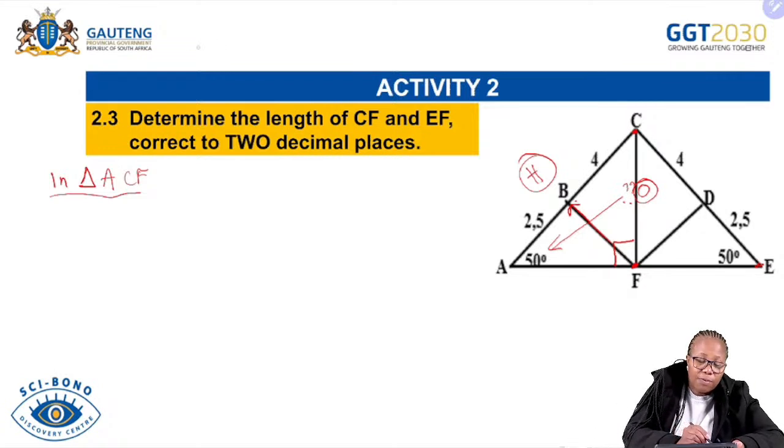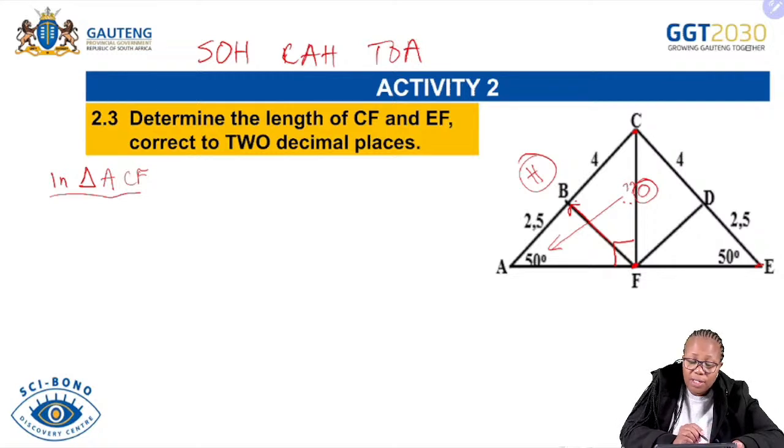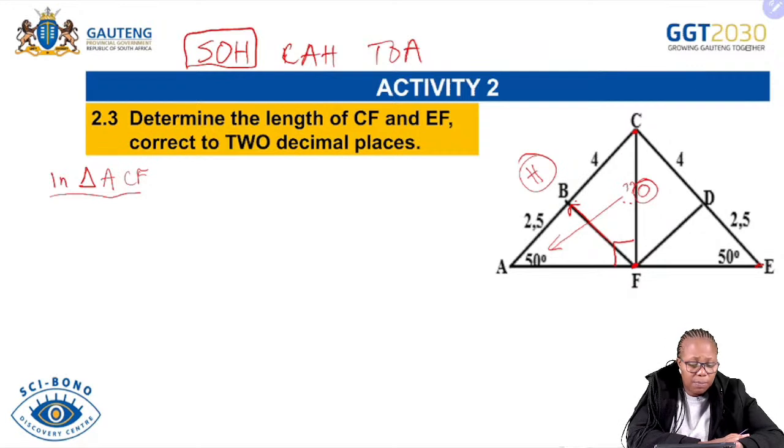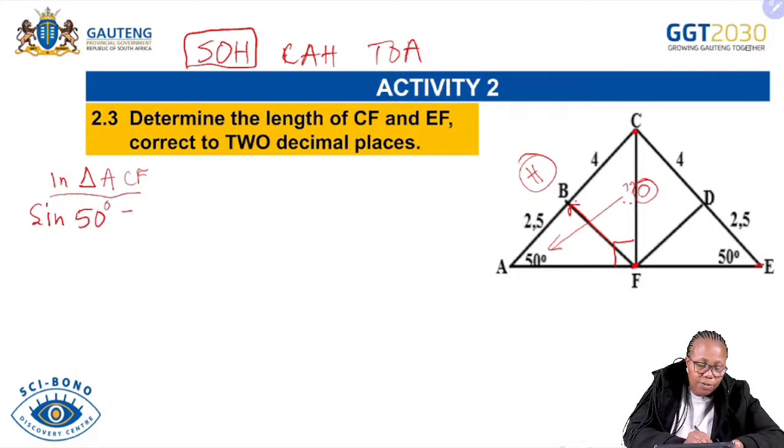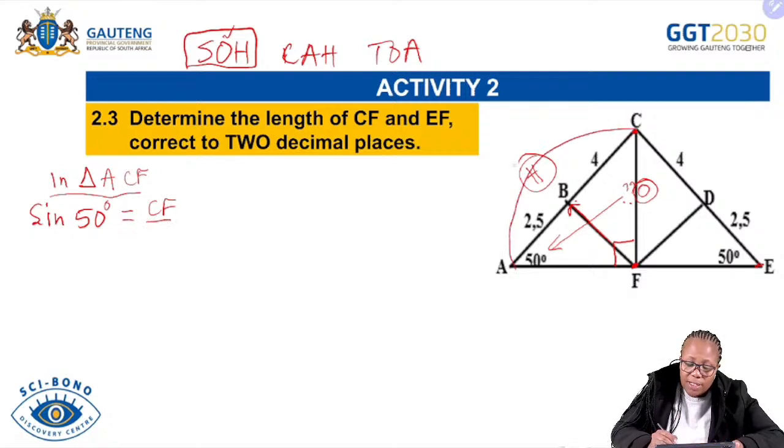That means from your SOHCAHTOA abbreviation, can you see that you are looking for the sine because it's the one that is having opposite and hypotenuse? Let's do so, grade 12. We are looking at the sine. Which angle are we referring to? The angle of 50 degrees is equal to the opposite side. What is the opposite side to that angle? That is side CF over the hypotenuse side, which is the one that we've indicated is 6,5 when you add